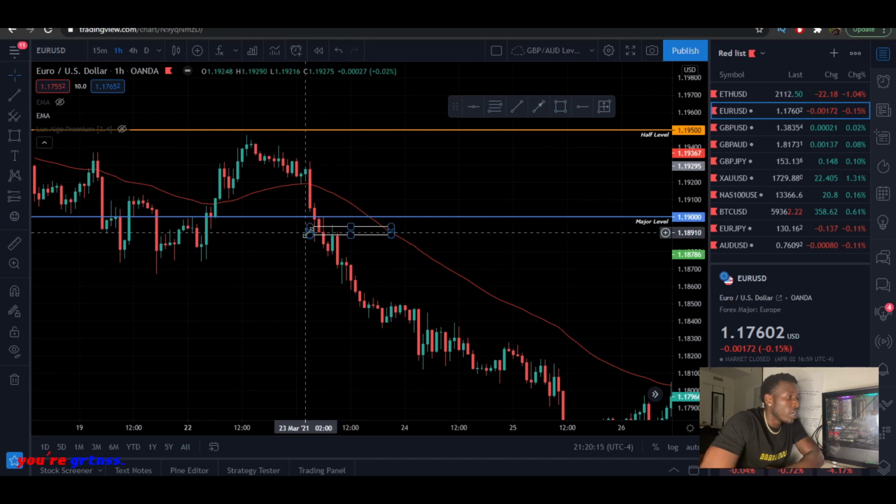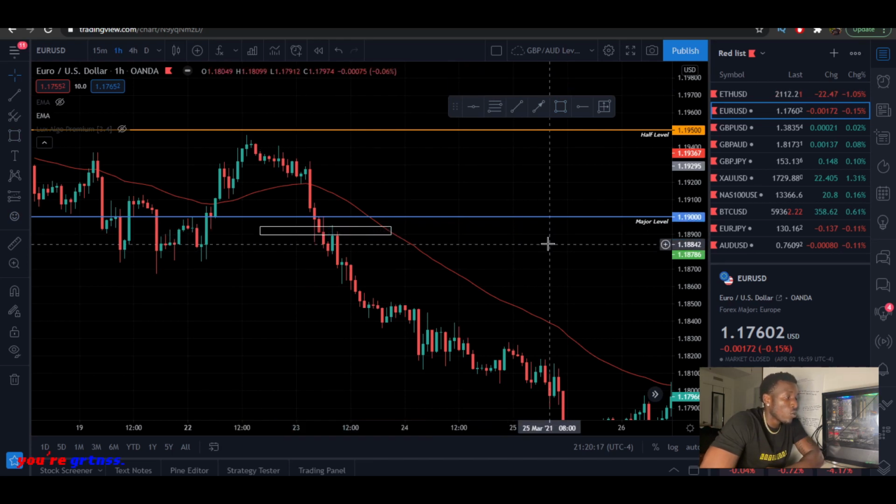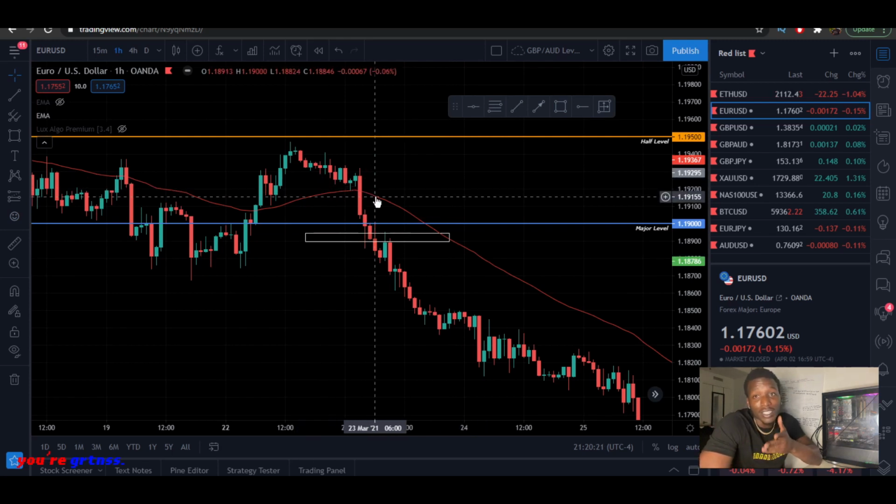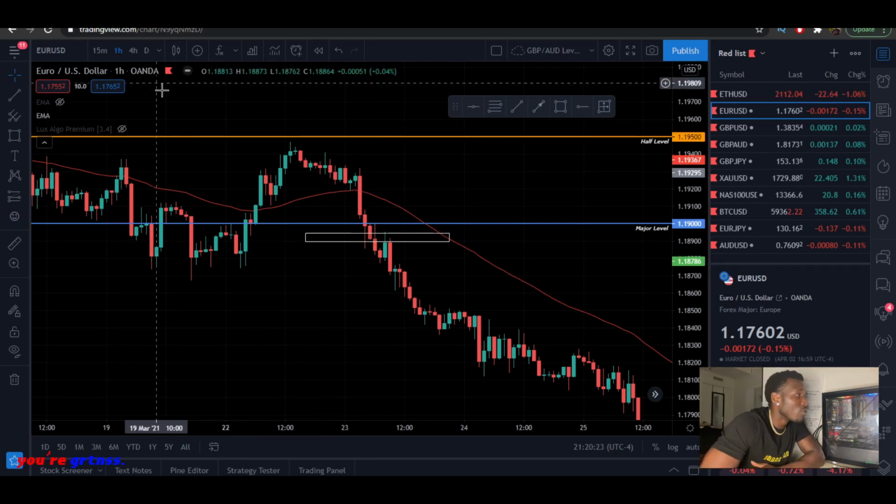Boom, I'm just going to put a box right here. This is on the 1 hour. So right here on the 1 hour, you would have had one setup. I trade on the 15-minute chart. I'm giving y'all a lot of sauce right now too, to let you guys know, but I trade on the